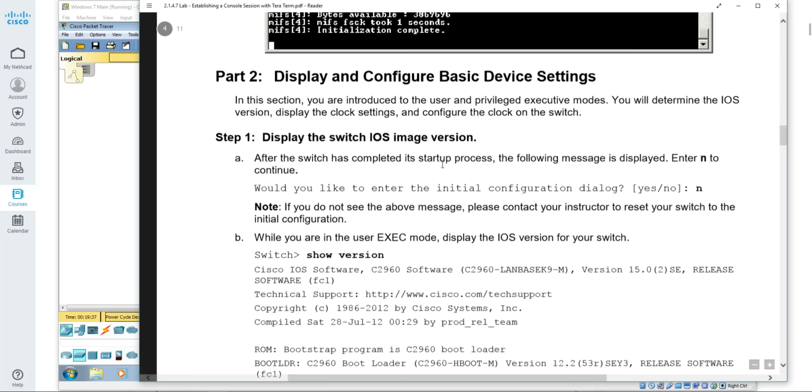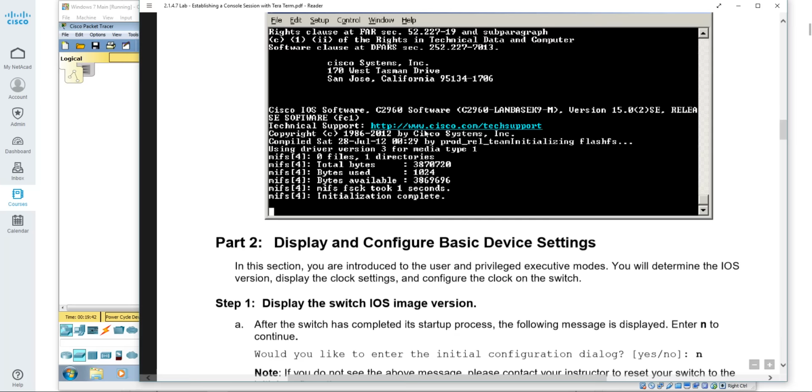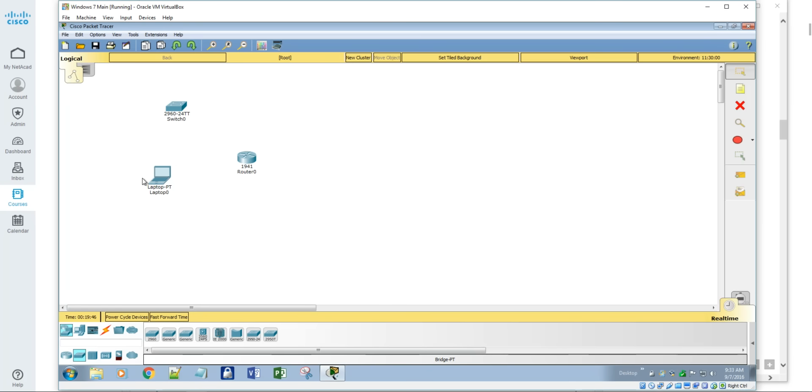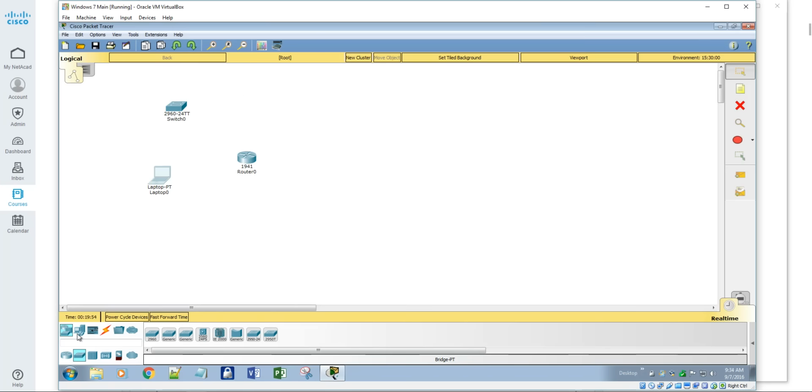And let's go back down to our step here. So step one, it says after the switch has completed its startup process, the following message is displayed. Enter no to continue, but we've got to connect our cables here. So in a real world, we would connect our cables. In the Packet Tracer environment, we're going to come in here and we're going to connect to our device and put a cable in. So we're going to come to our cabling here, and we're going to come to our console cable here, and we're going to connect it to our RS-232. We could do USB, but we're just going to go ahead and emulate the DB9, which is the RS-232, and then we're going to put it into our router here, and we're going to come into the console, and let's just double check that's what it's asking us to do here.